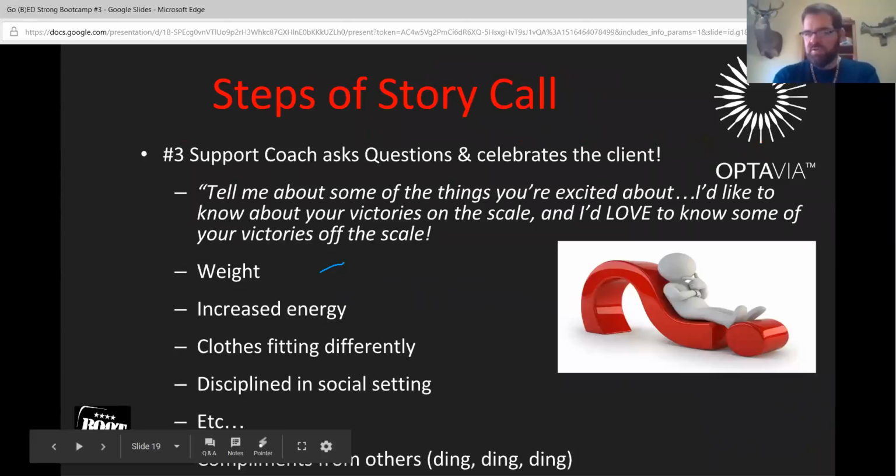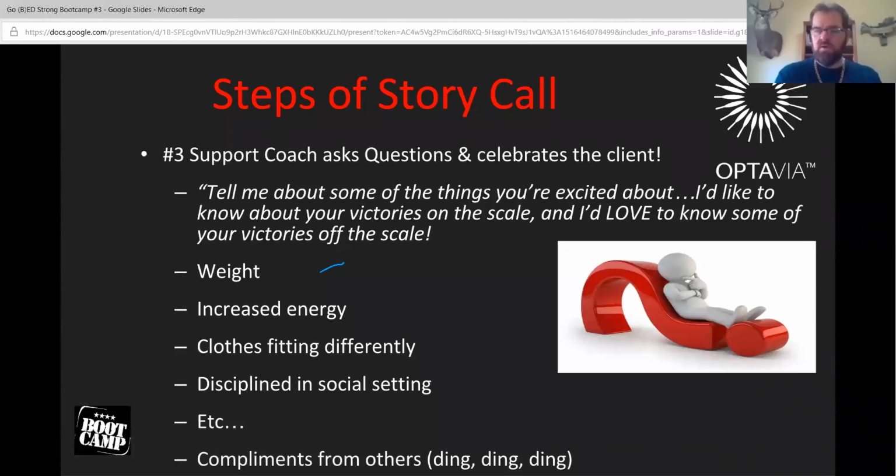Okay, and then, just like Josh just said, you're going to want to mute yourself. You're going to mute out, and then you're going to listen. Now the support coach is going to start asking questions about the client. They may get them to talk about themselves, talk a little bit about what's gone well, and some of the things they're excited about, kind of starting off. And then talk about the victories on the scale, victories off the scale, some things they're noticing about their body. Even though it's in that first week, their energy level is going to be up, and they could have already lost a couple of inches in different places just because of that reduction of water and stuff like that.